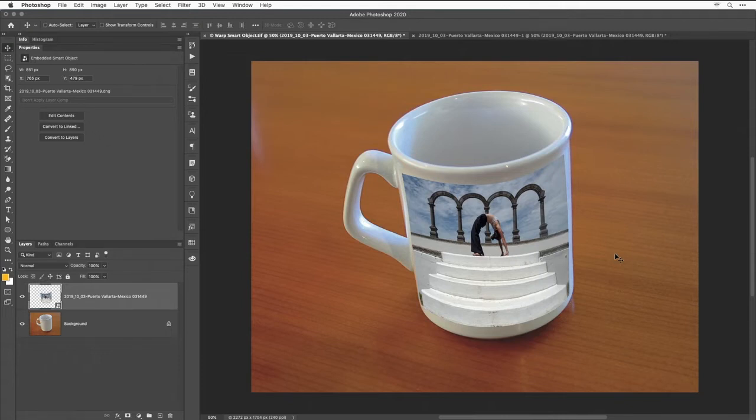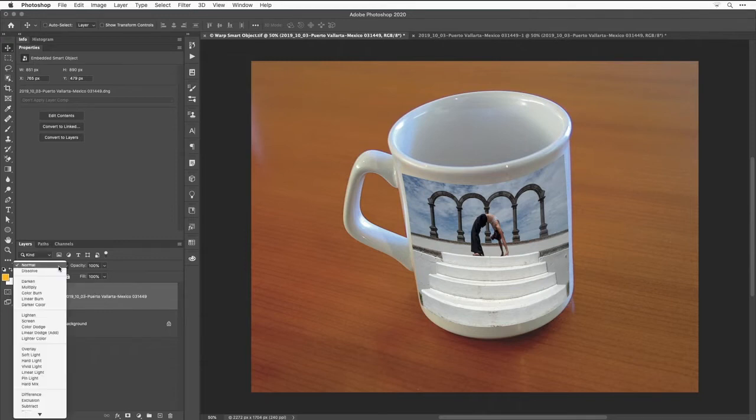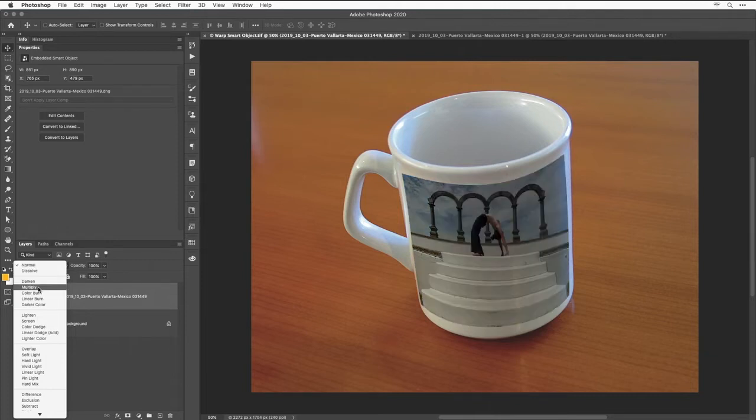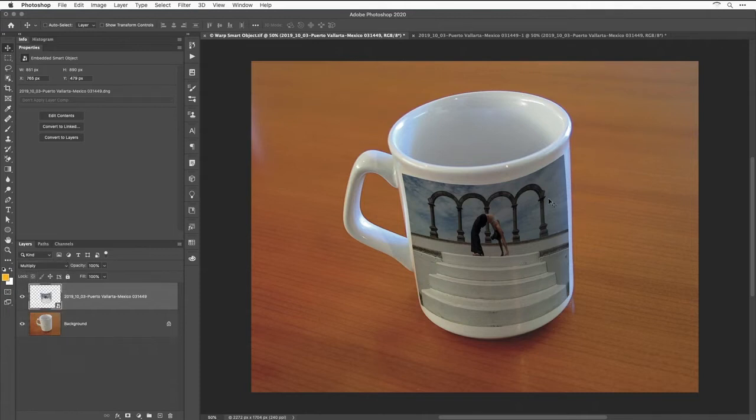and that doesn't really look like it's printed on the mug though, because the shading of the mug is not showing up. So I'm going to then go to my Layers panel, and I'll change the blending mode for this layer. We have a whole separate lesson on blending modes as part of Photoshop the Complete Guide, and in there you would learn that multiply mode acts like ink, and if so, it's going to be like printing this on the